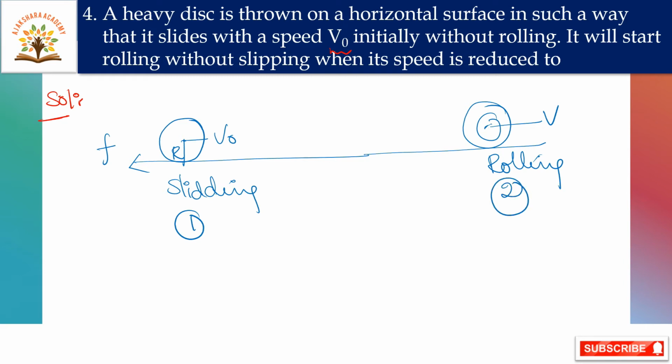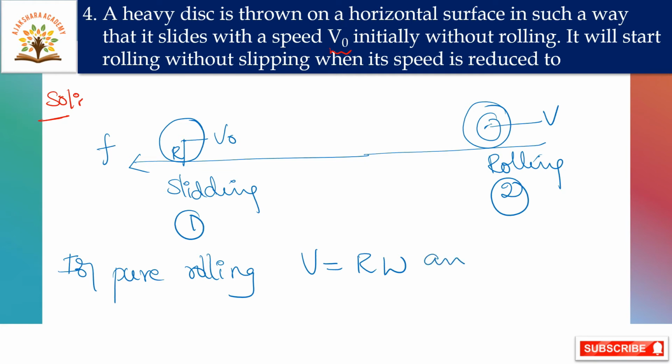For pure rolling, v is equal to r omega, and according to the law of conservation of angular momentum,